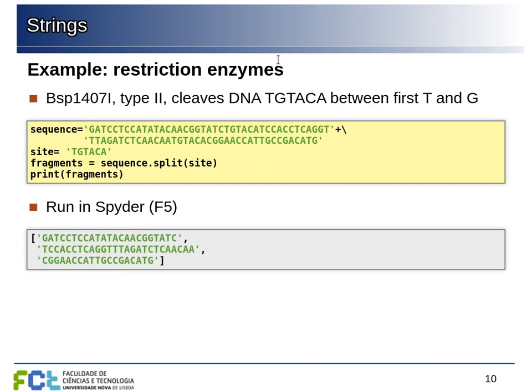So let's see a simple example here. We have this enzyme. This is a type 2 enzyme that cuts DNA at these recognition sites, so TGT, ACA, and it cuts between the first T and the G, so on this spot here. And now we can simulate the digestion of some DNA sequence, for example, this sequence here,